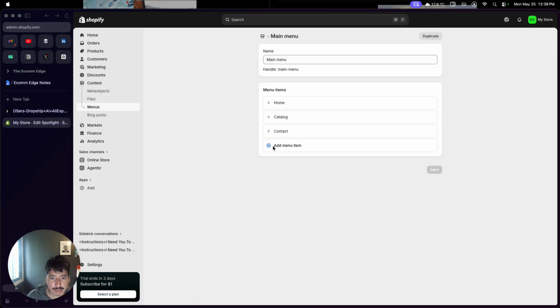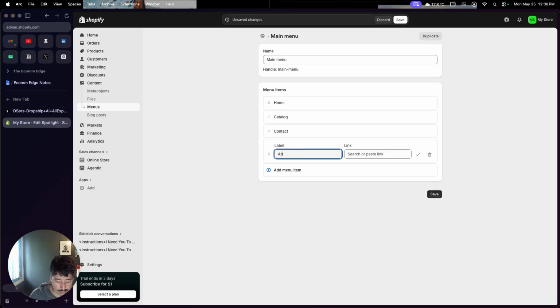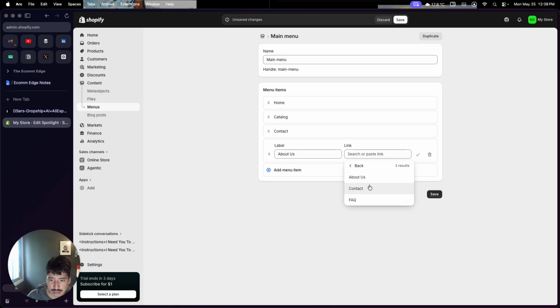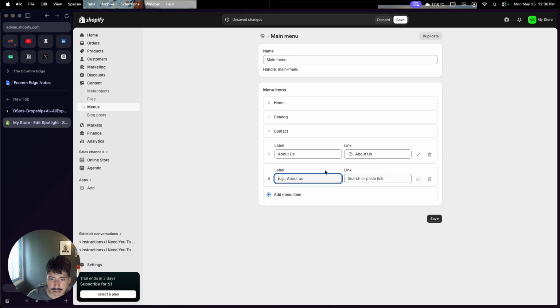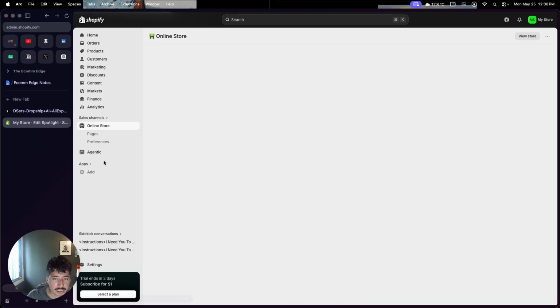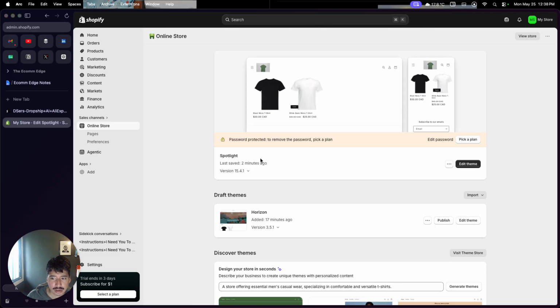You just click on add menu item and write about us, pages, about us, and then another one for frequently asked questions, pages, frequently asked, save. So now if we go back to the theme, we should have 2 pages added now, right? So if we click on preview theme,